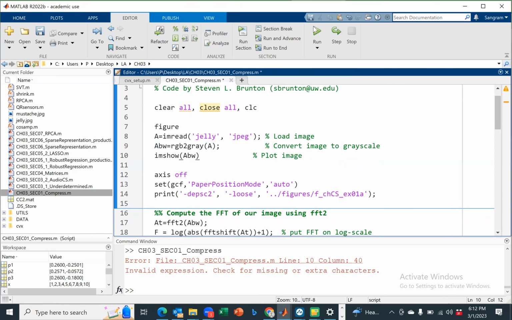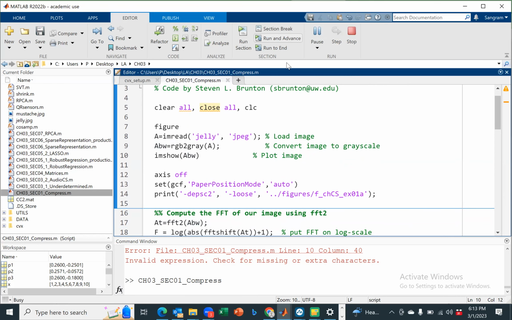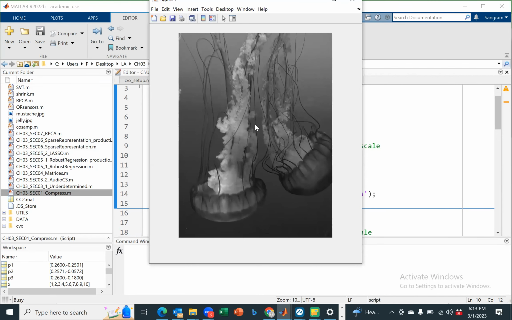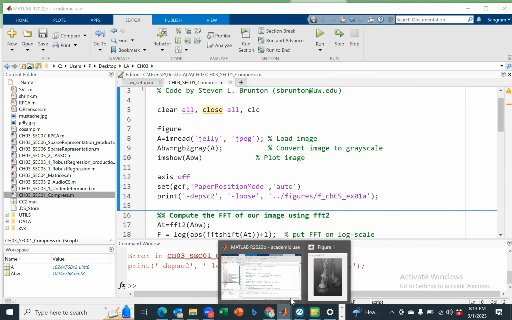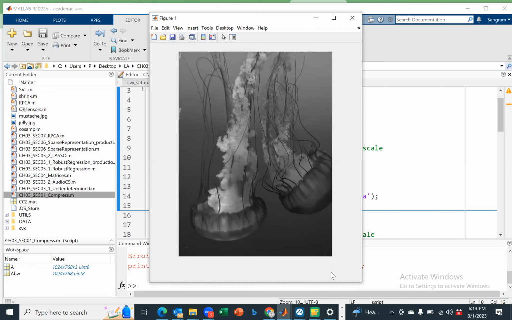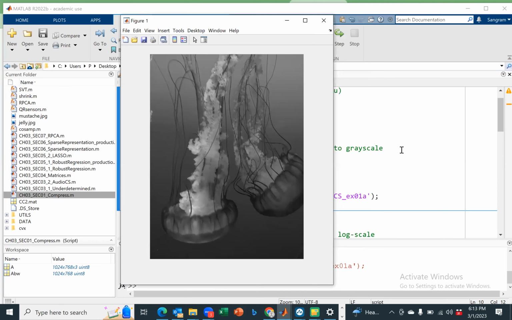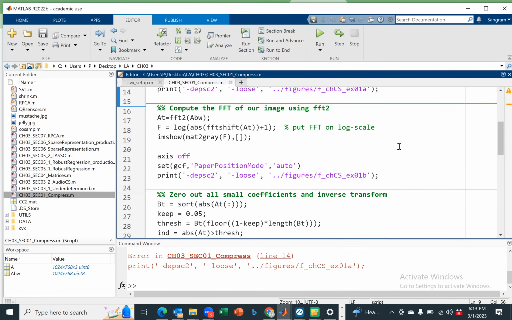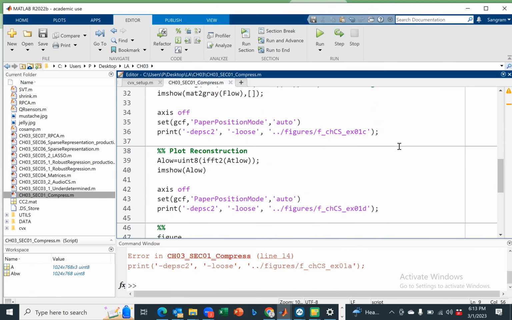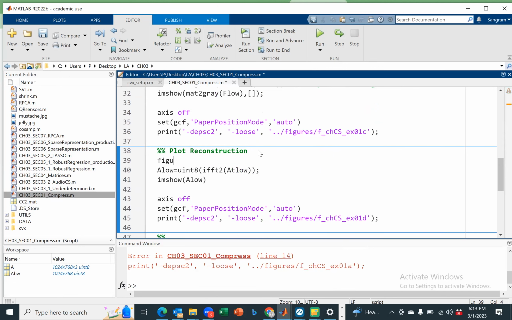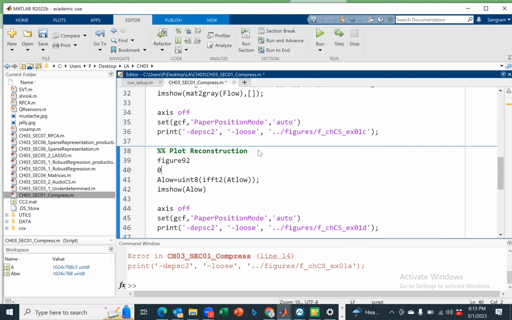So when you run this, you will notice that you are going to get the JPEG image, and then you will see its compressed representation. So this is the one image, and then you can actually plot the second image, and that will give you the compressed representation. So if you do figure 2,